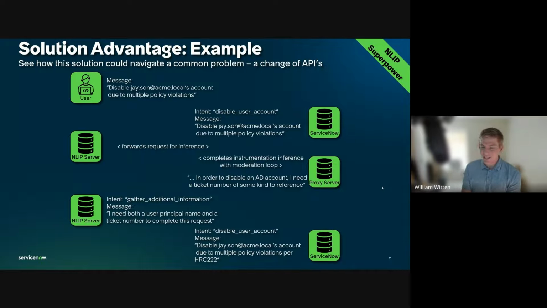All right, so let's take a look at this solution advantage example. This is that same user saying, hey, I need you to disable this person's account. ServiceNow says, hey, disable this account. The NLIP server is going to forward the request for inference. And then we have our moderation loop. And now we've determined that in order to disable an AD account, we need an active ticket number of some kind of reference. Now the NLIP server knows that it needs to gather additional information from the